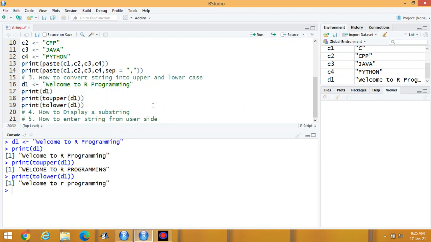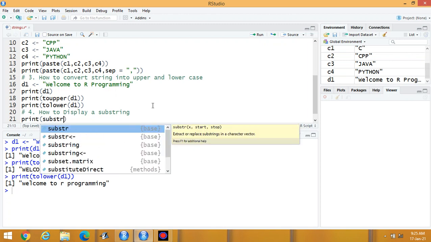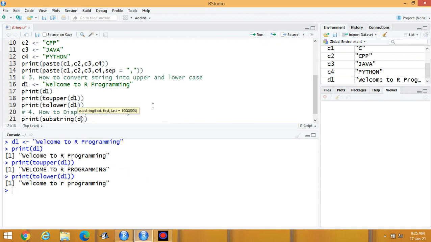The next one is how to display a substring. Print. First of all, you have to check the string. Suppose D1 is the string and I have to display a substring of this string. I have to write substring, then address of the string D1, then starting alphabet and ending alphabet, 12 and 24.